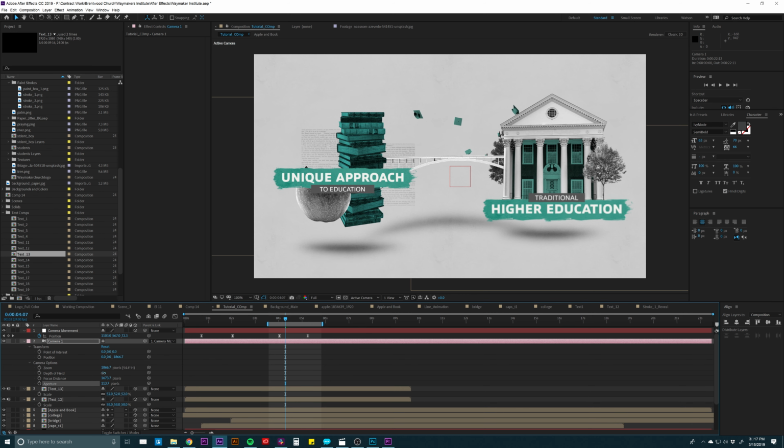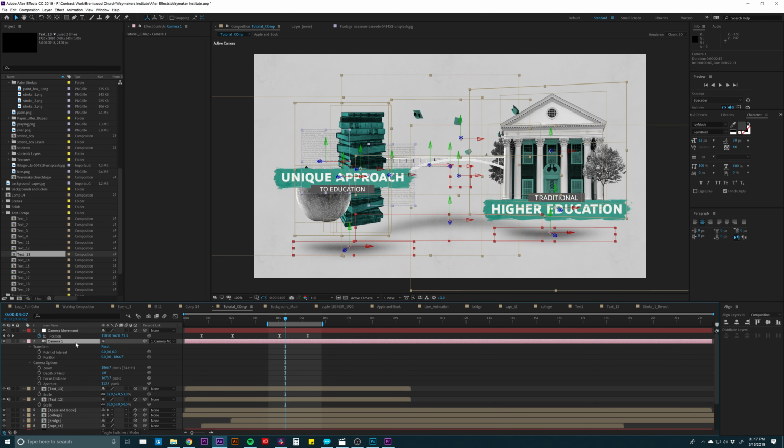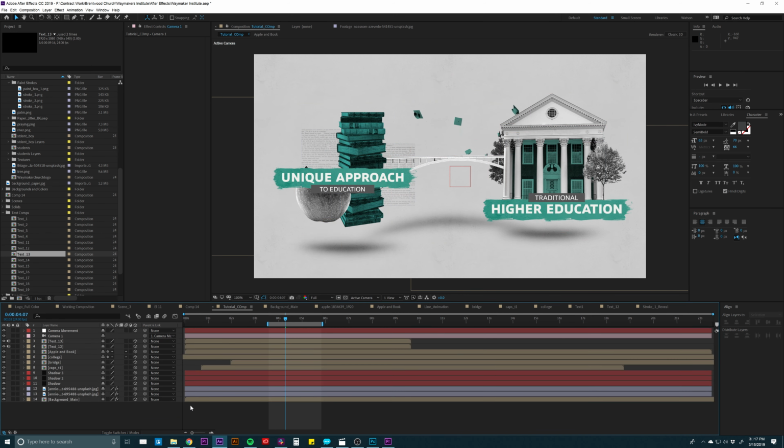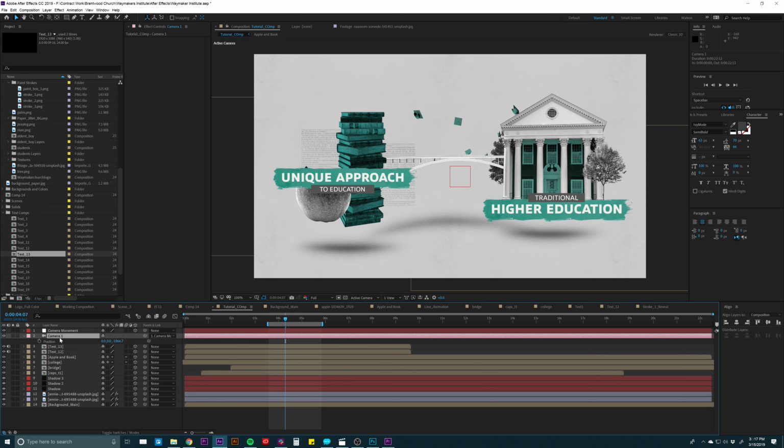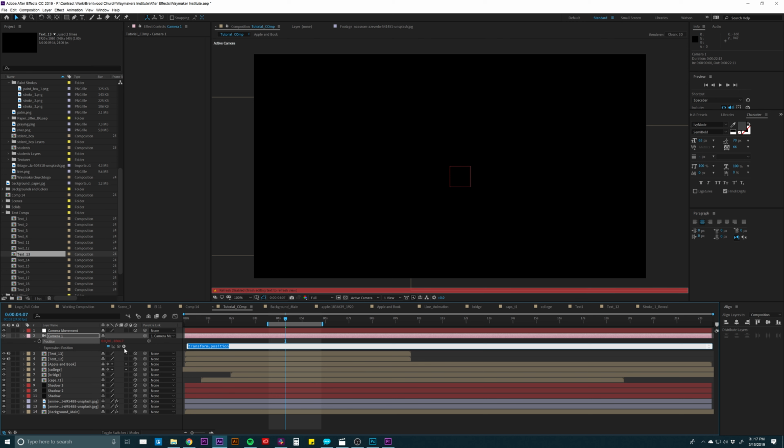Now, another thing you can do that I would do is a bit of a more complex step, but add a slight wiggle to your camera so that it has a sort of breathing, floating motion. So I would do that actually on the camera layer. I would hit P on the keyboard to get my position. And what you want to do is hold down Option, click on that stopwatch, and it's going to bring this up. That's going to look a little confusing, but